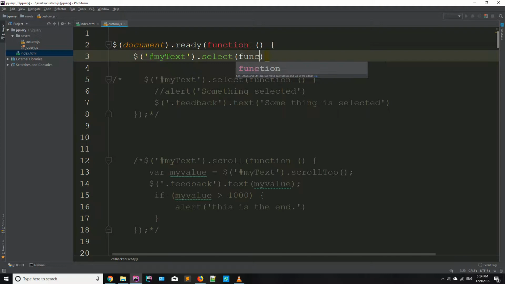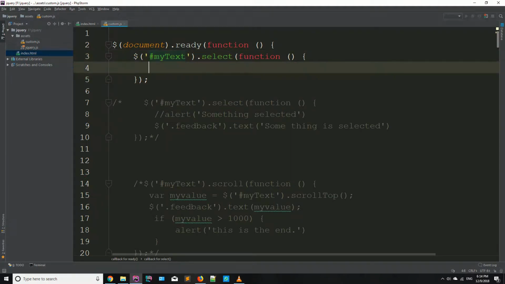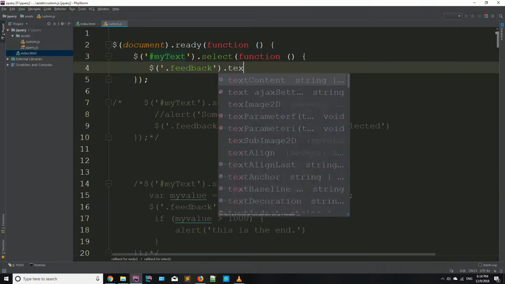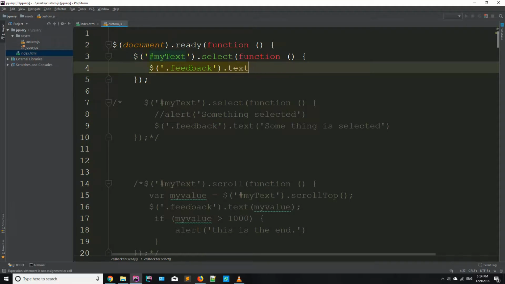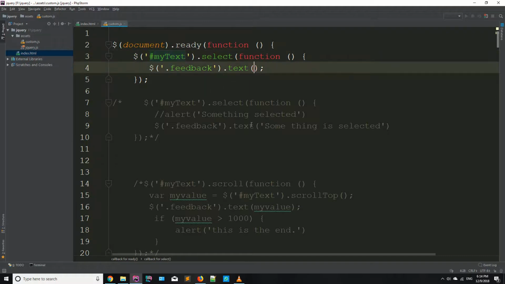Okay, now I'm saying when someone selects this, I'm going to use a callback function, and now I'm saying that this is a callback div and assign the text if someone selected something from this text area. You can also use the paragraph and also something other. Okay, now I'm saying something